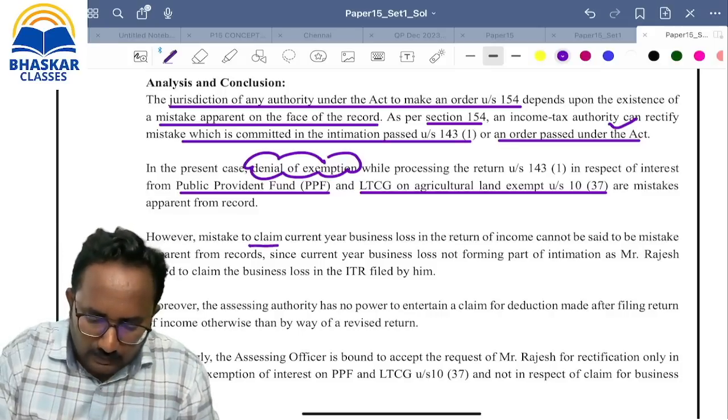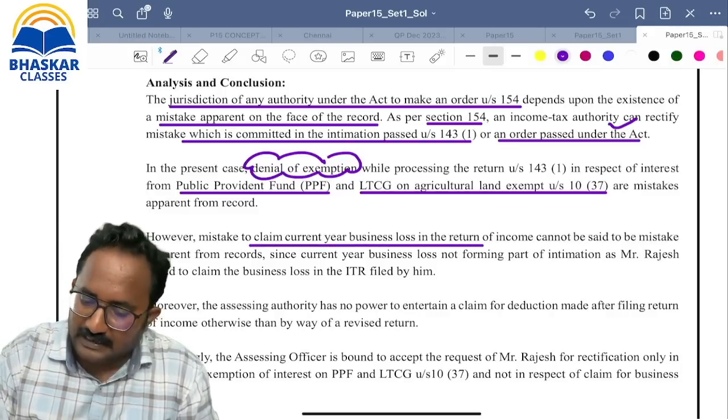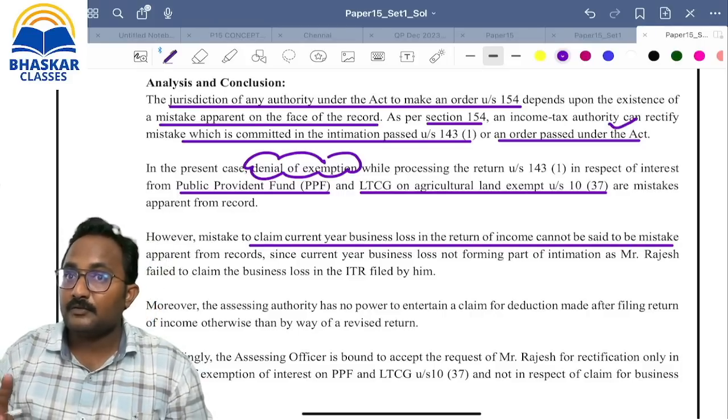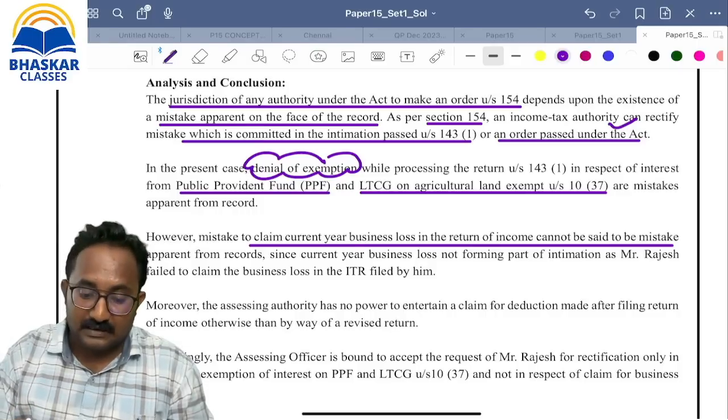No. The failure to claim the current year business loss cannot be said to be a mistake. Why? If you want to carry forward the business loss, you have to file the loss return. That too, that loss return has to be filed